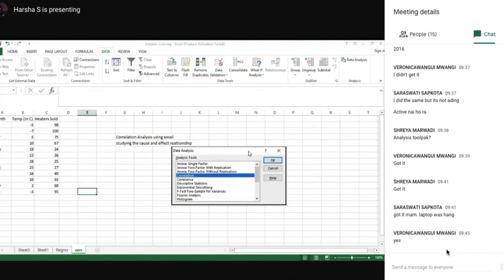Just quickly copy down the data so you'll understand in a better manner. Done.